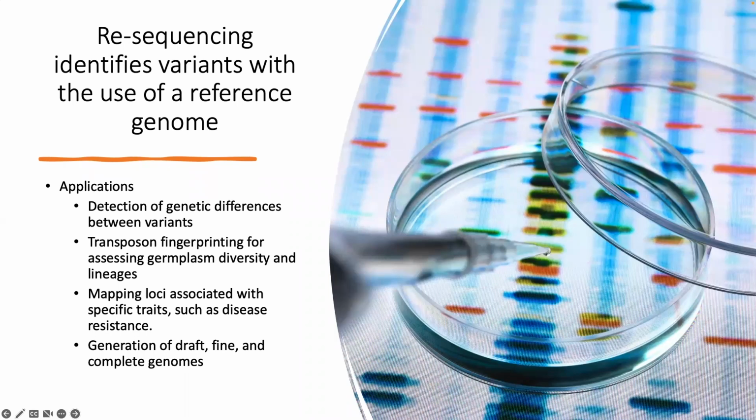So if you're comparing strains, for example, you can perform transposon fingerprinting. This goes into some methods that might be more applicable in different organisms, but you can do transposon fingerprinting, assess germplasm diversity, and track lineages in populations. In health and disease, you can map specific traits to specific loci and find out what confers disease resistance or pathogenicity. Through de novo sequencing, you can